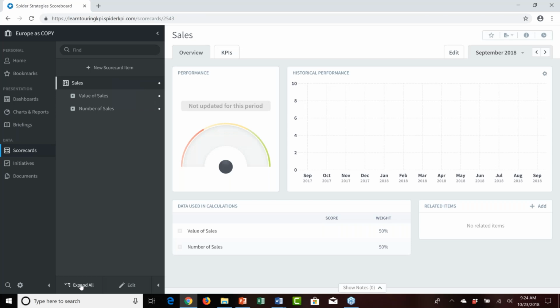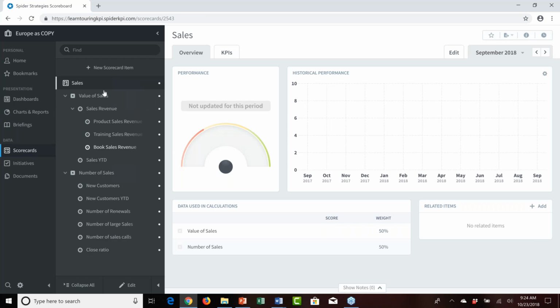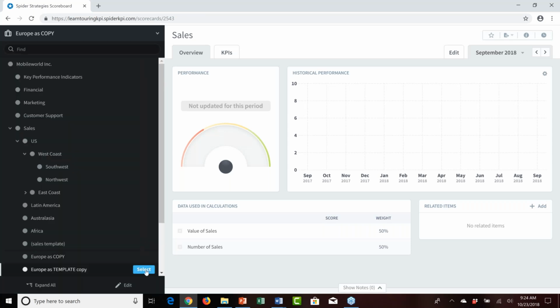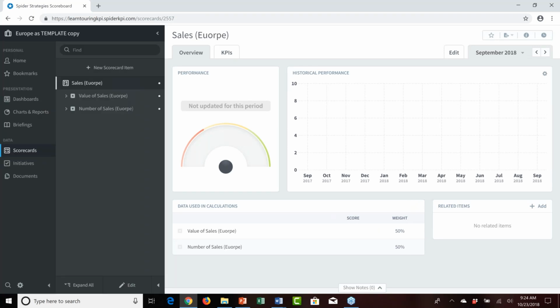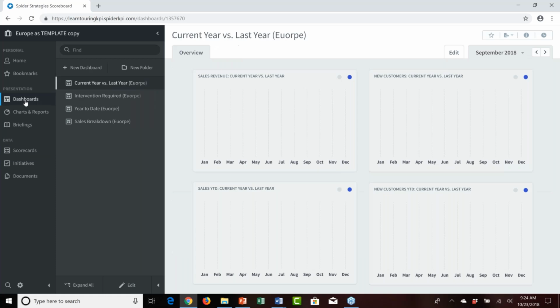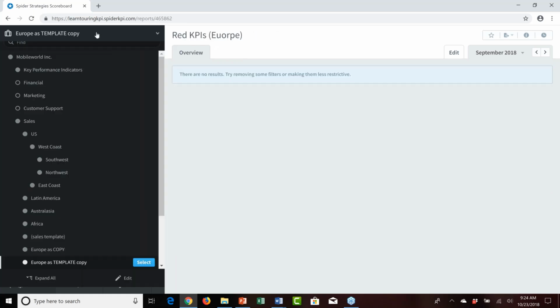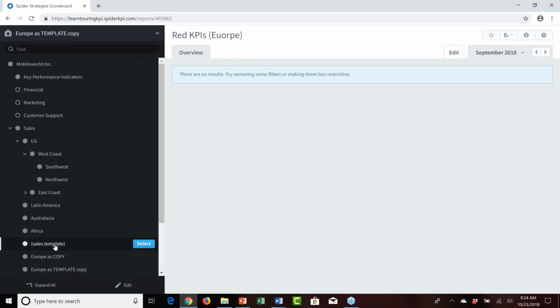Similarly, if we go to the Europe as a template copy, again, same idea, same scorecard structure, same 4 dashboards, same 3 charts and reports. So as of right now, physically, those 2 copies and copy as template are identical. Now, where they will diverge in terms of their performance going forward is if we change the sales template in any way. So we'll go into the sales template,